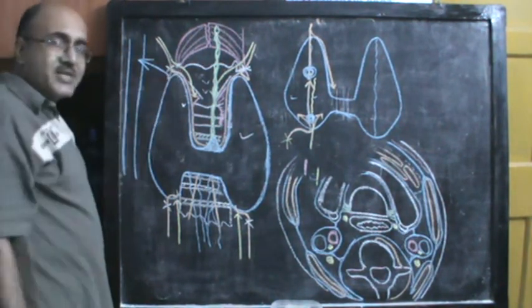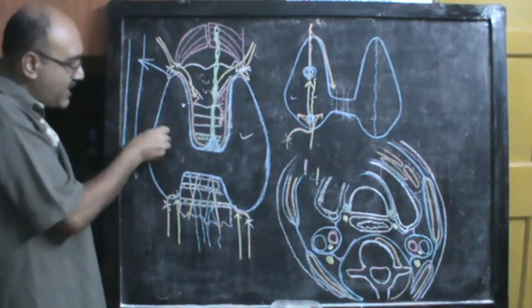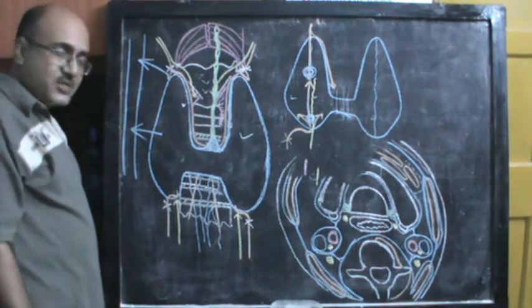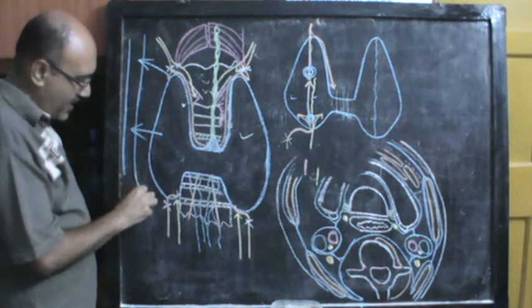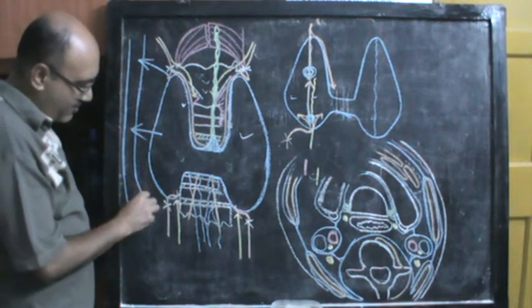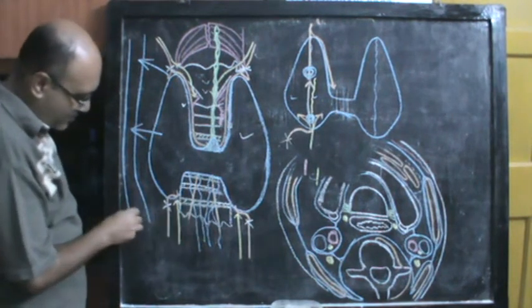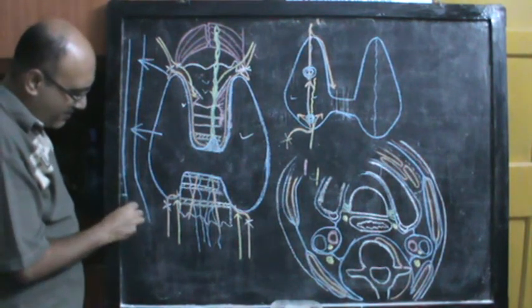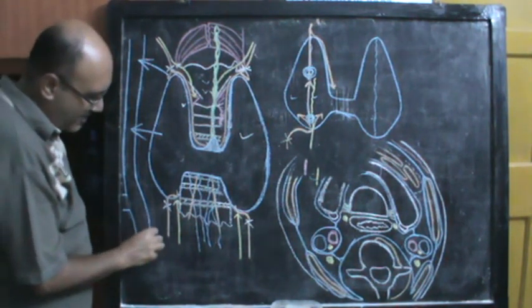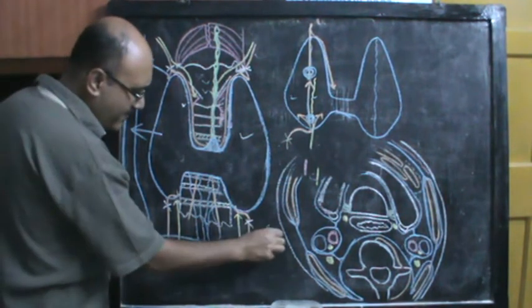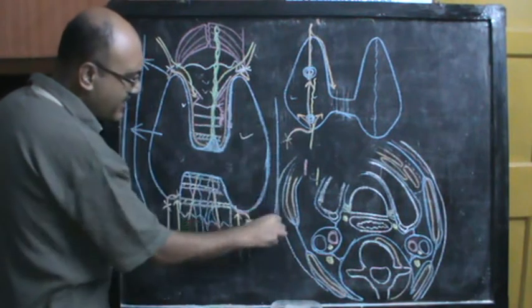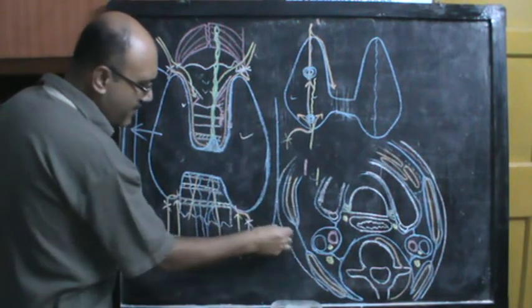Much more prominent than the superior thyroid veins are the middle thyroid veins. The middle thyroid veins will also drain into the internal jugular vein, but the inferior thyroid vein will drain into the brachiocephalic vein. So over here, by the emergence of the subclavian, we have formed one brachiocephalic vein, and this is the left brachiocephalic vein. And the left brachiocephalic vein is formed by another internal jugular and subclavian vein.